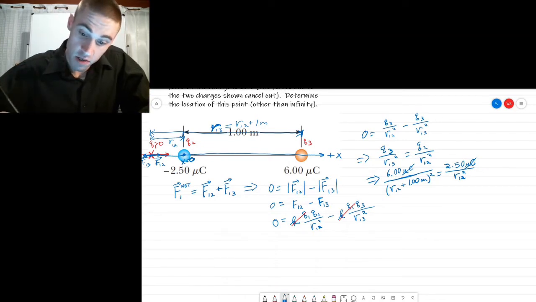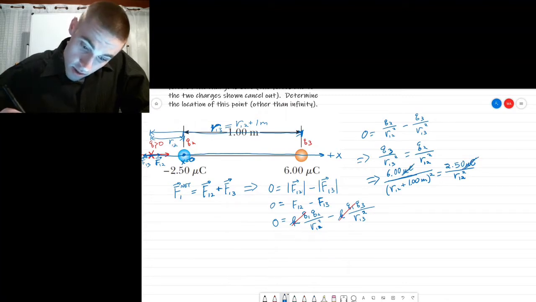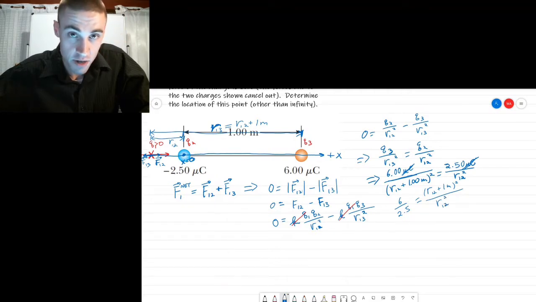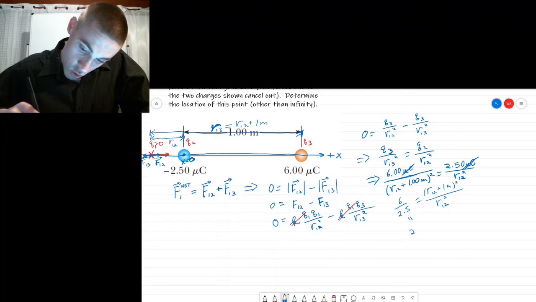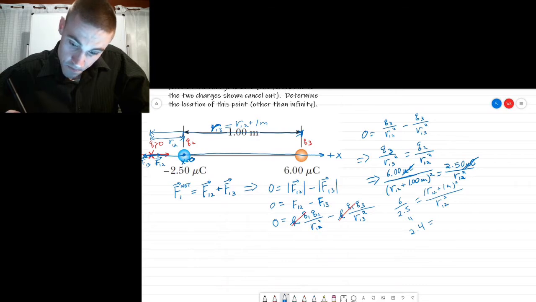So I can cancel out these units here, as I've already done. I can cancel these out, and let's see, I can put 6 over 2.5 on the left-hand side, right, dividing both sides by 2.5, and I can multiply both sides by (r12 plus 1 meter) squared over here. Okay, note that I'm really not very picky about significant figures, and I don't expect you to be either. So doing this, now 6 divided by 2.5 is about 2.4,